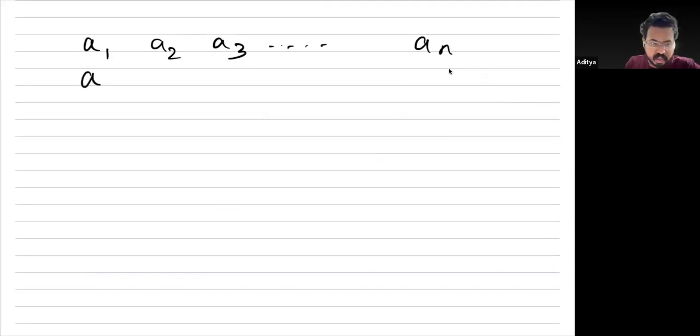So in a geometric progression, you have terms like A1, A2, A3, up to AN. The first term is usually called A. Second term,